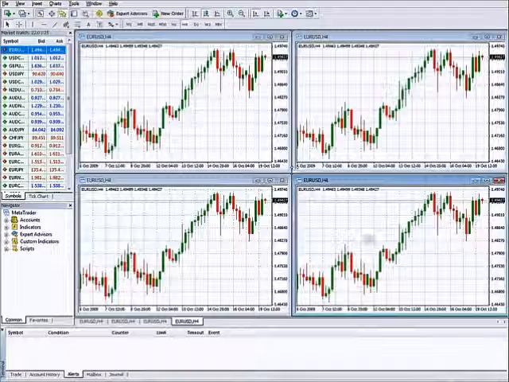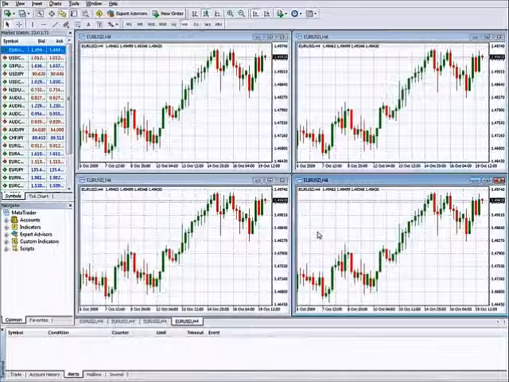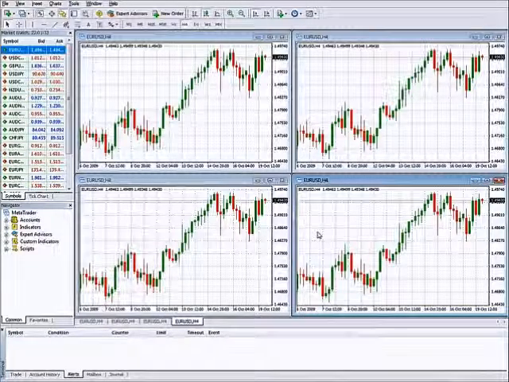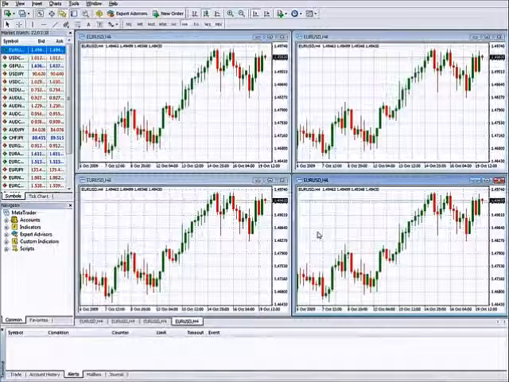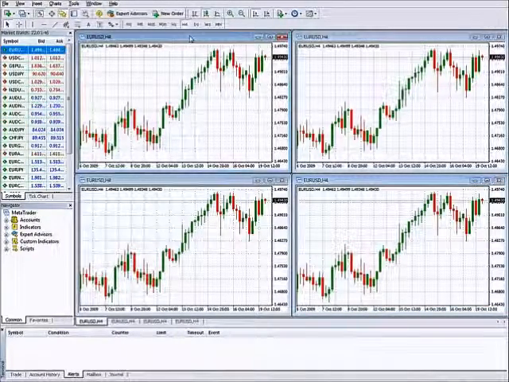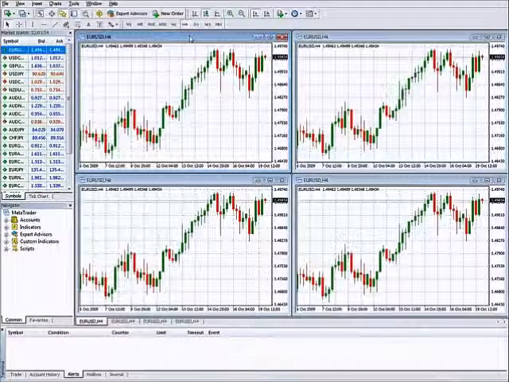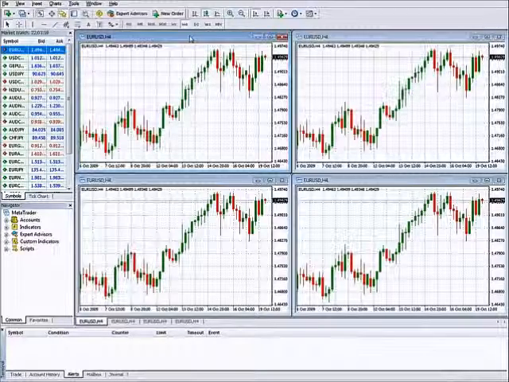There we go. Now as you can see, none of the indicators are here in any of these because in the template we didn't save any indicators. So when you want to save indicators, you can do so simply by changing the template, by placing an indicator on any of the charts and then saving the template. Now, what we'll want to do from here is look at various periods of the candlesticks. So say we wanted to start with